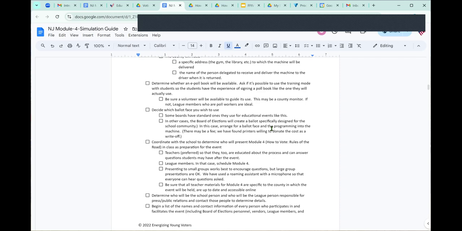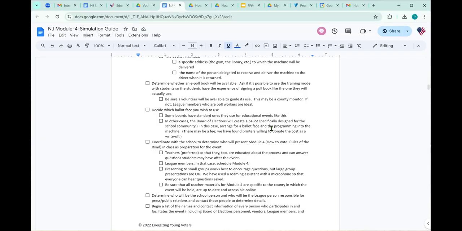Okay. So then we're talking about poll books. All right, you'll ask the Board of Elections if the e-poll books will be available, and if it's available, what they can do to help out. In some cases, our Board of Elections in Sussex County, which is a very rural county and most of the schools are relatively small, programmed every single student's name into the